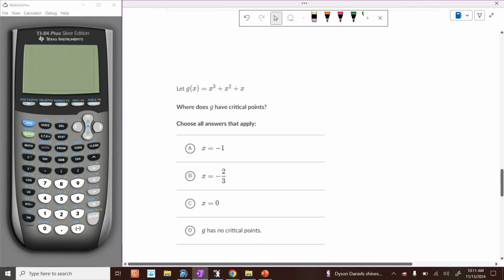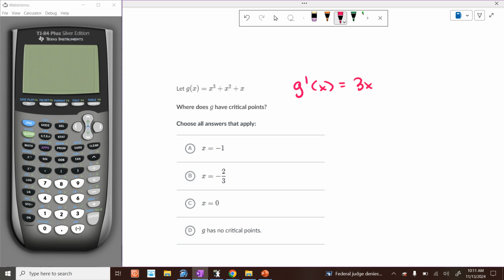Well, what do you think we should do first? Take the first derivative. The first derivative of this is 3x squared plus 2x plus 1. We set it equal to 0. Can that factor? I think so. 3x and x, 1 and 1. Uh-oh, that can't factor. Because if we go plus and plus, we get 3x squared plus 3x plus 1x makes plus 4x, not plus 2x. And we can't make a minus because these are all pluses. So